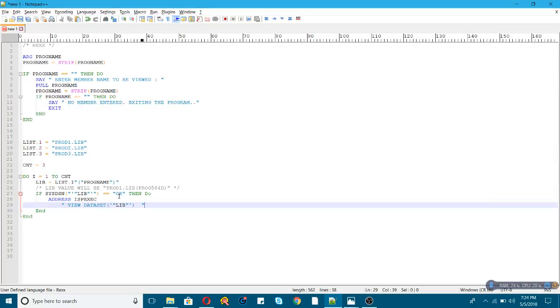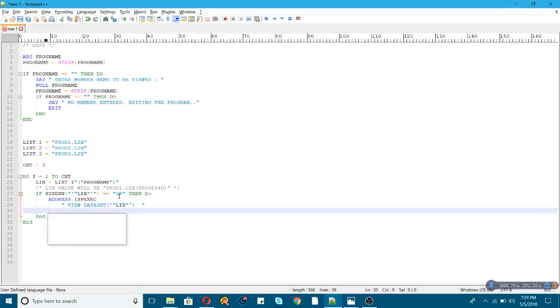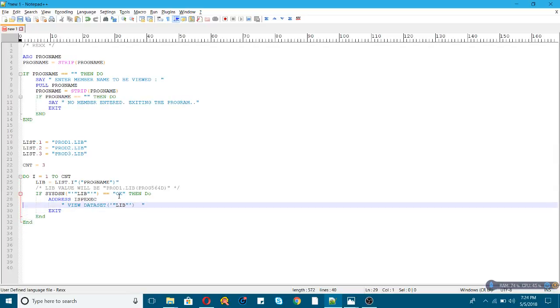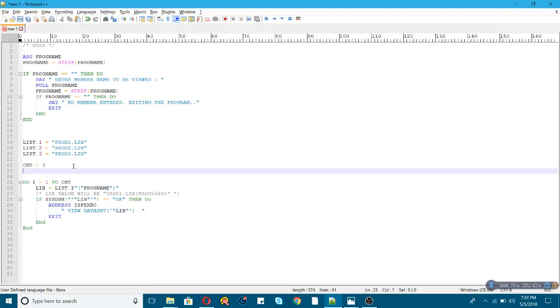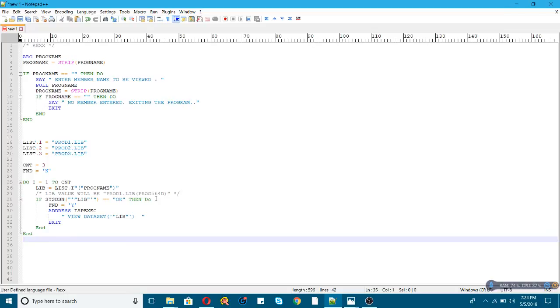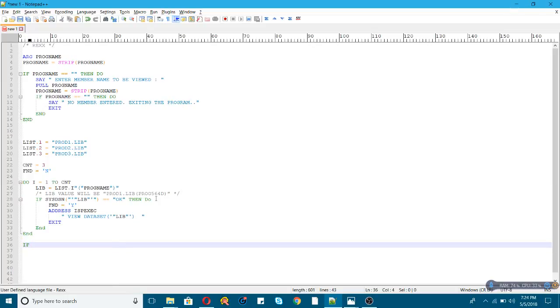Once you are able to find this one, you will display it and you will exit the program. If nothing is found, you can just set a flag here. For example, I would say found is equal to n. So whenever it is found, it will go here, so I will set the flag as y. And at the end, if my flag fnd is still equal to n,